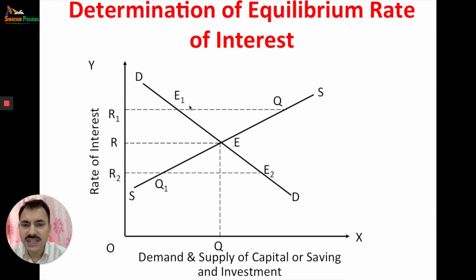According to this theory, there are some forces, market forces. If the rate of interest increases, then demand will decrease, but supply will increase. But to increase the demand, there are market forces which will decrease the rate of interest, and it will be at the equilibrium point, point R. But suppose the rate of interest decreases, then because demand is now high, market forces will increase the rate of interest, and again there will be the equilibrium point R. So according to the classical theory, the point where demand for capital is equal to supply of capital is the point of determination of the rate of interest.